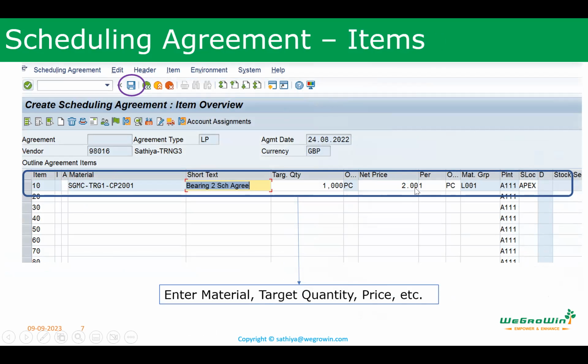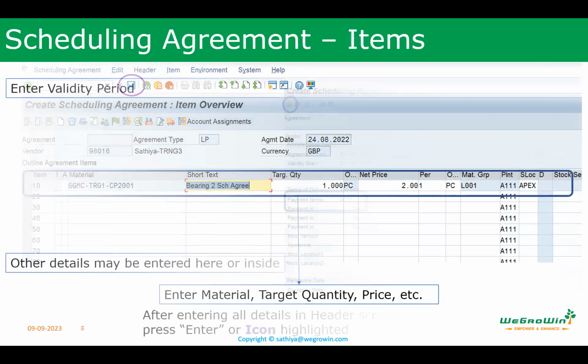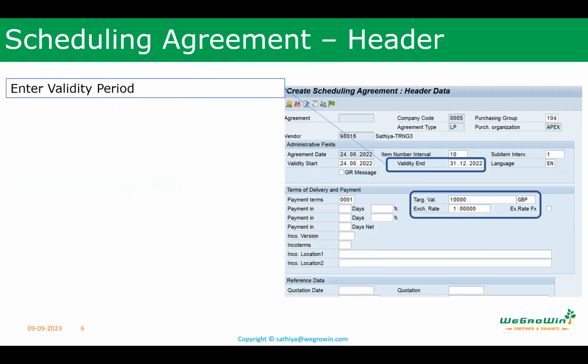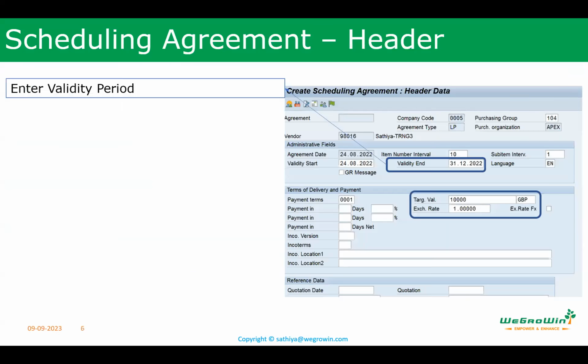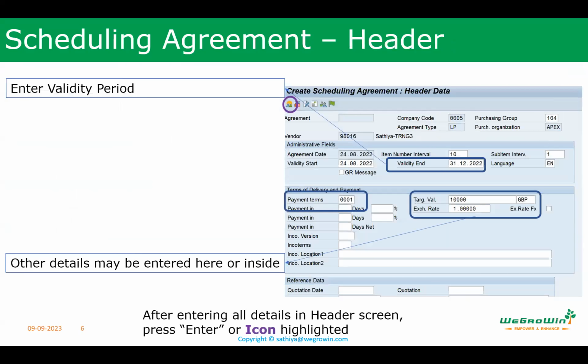What is the price? We have to enter these because this is the agreement we are entering now. The agreement is not created with reference to any info record. It is created with respect to a purchase requisition, an RFQ, or a contract. So here we have to enter the total value.